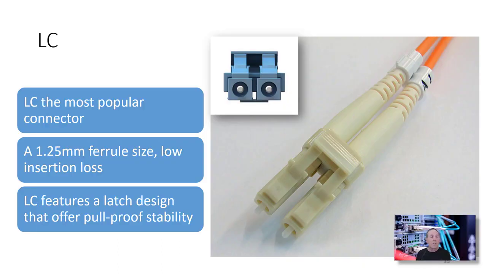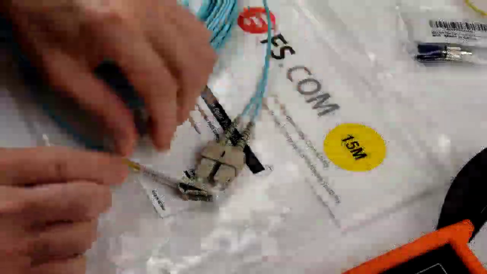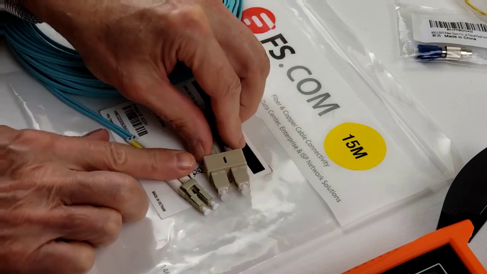The LC connector is the most popular connector. It uses a 1.25 millimeter ferrule size, low insertion loss connector. The LC features a latch design that offers that pull-proof stability. Administrators love that feature. So here we have the LC and SC connector side by side, and you can see